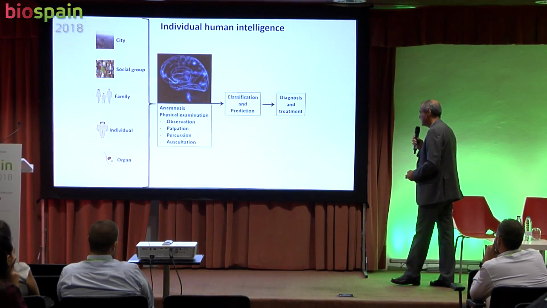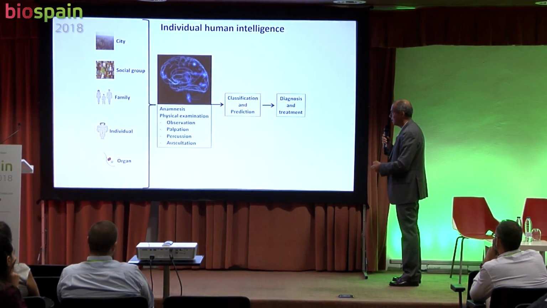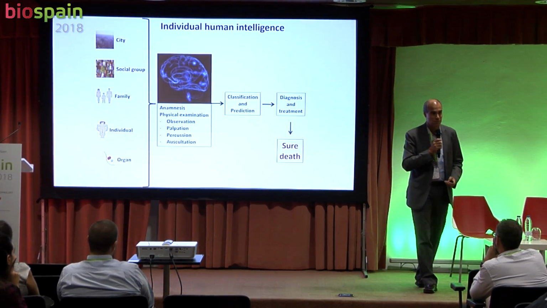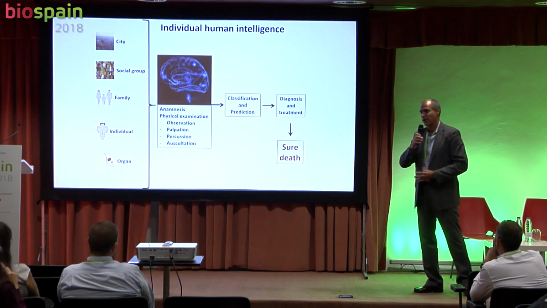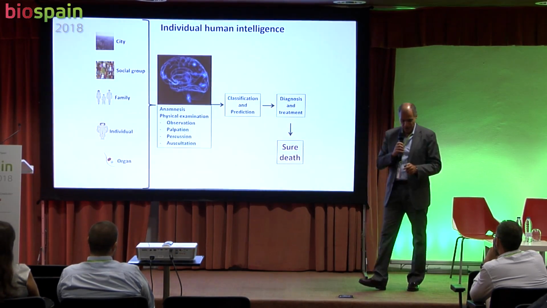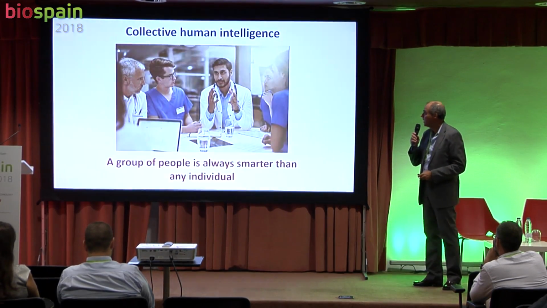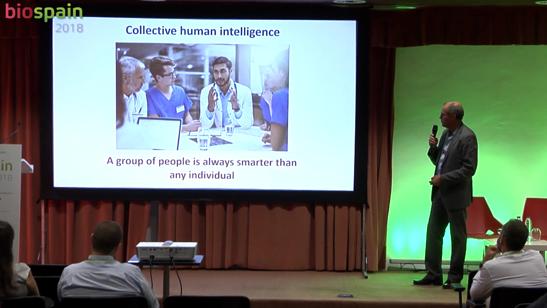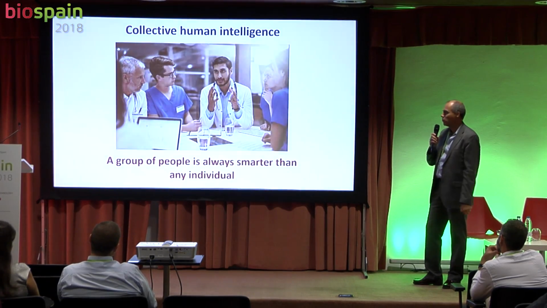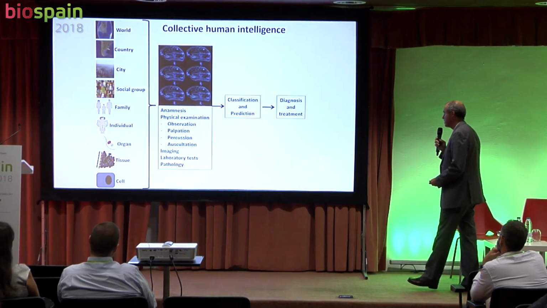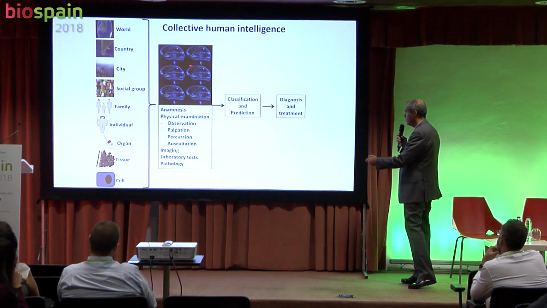So the problem was that at that time, a cancer patient would obviously have a sure death because there were no treatments. But doctors then started to speak with them, started to form groups, to build hospitals, to generate technology, and we moved into what I have called the collective human intelligence model. Because, as we said before, a group of people is always smarter than any individual. And in this collective human intelligence model, doctors were grouped, and